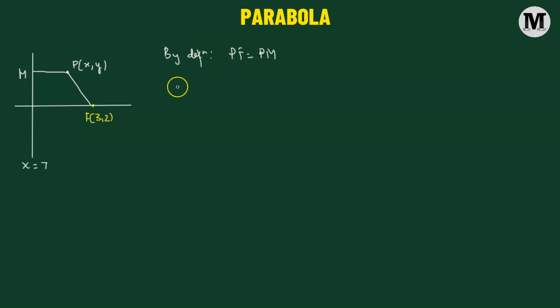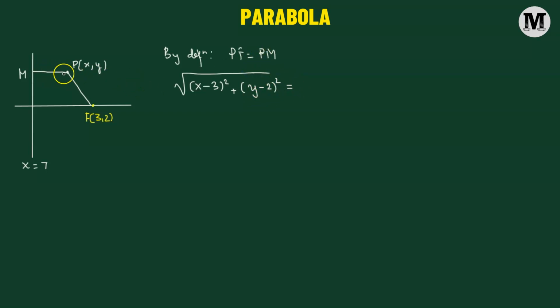So here PF can be easily obtained by using the distance formula. So we'll take the square root. Underneath the square root, we need the difference of the x coordinates. So we have x minus 3 whole squared added to the difference of the y coordinates. So we have y minus 2 whole squared. And this will be equal to